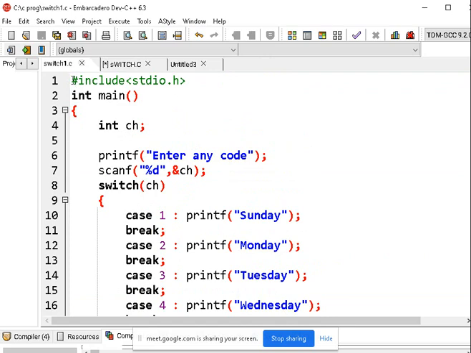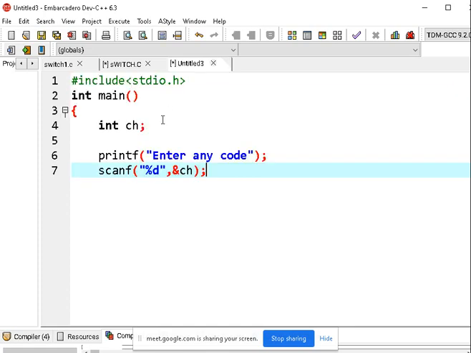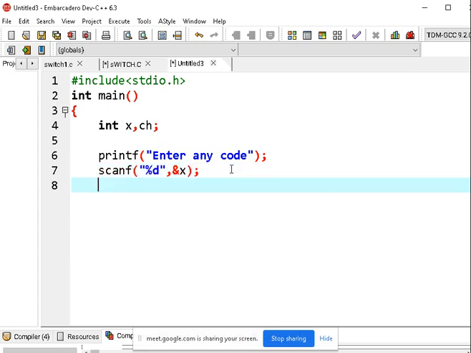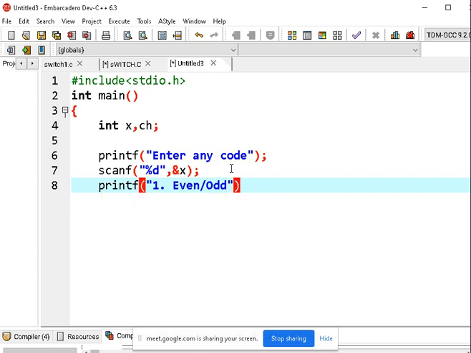Initially we need only one variable. So we need one variable, int x comma choice ch, enter any number. So I am entering that number into x. Here I am going with a menu printf. 1: even or odd, check even or odd.